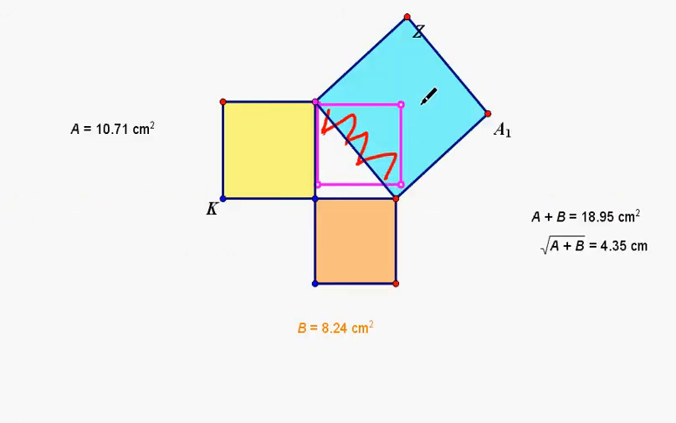Switch over to here. If I know the area of this big blue square is 18.95, to find out the length of just this side, I want to do something called the square root. And that's what this symbol here is for. That square root symbol asks me to find what is the length of the side of my square. That's what that symbol talks about. And so the square root of 18.95 is 4.35. So this length here would be 4.35